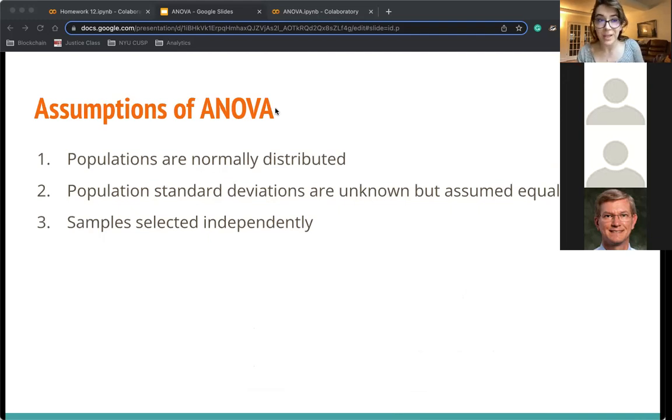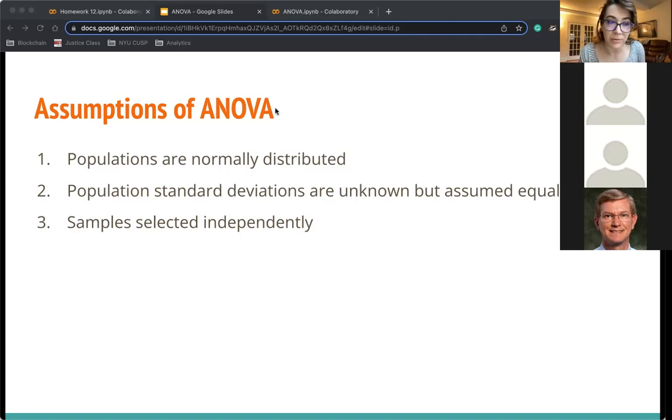So some assumptions of this ANOVA framework are pretty similar to what we've usually had to rely upon for the validity of these different approaches, specifically that our populations are normally distributed, because we'll be relying on the different distributions in order to understand the symmetry and the probability of seeing a value at least as extreme as the value we see. And the one-way ANOVA is actually based on the F distribution from the previous chapter. So we'll be using that again,